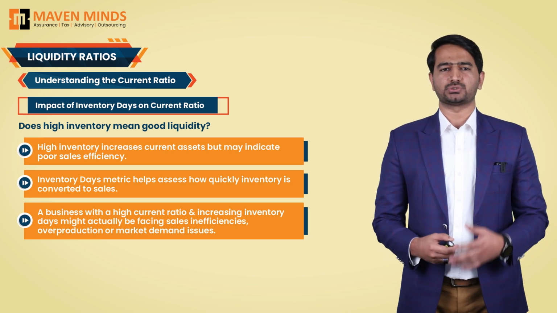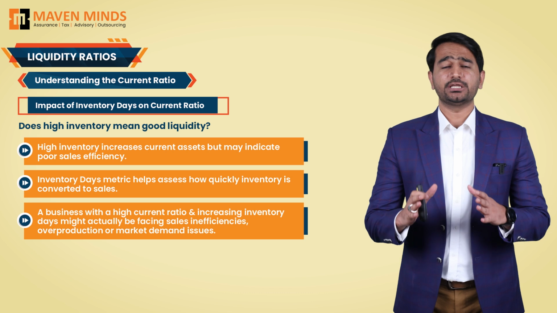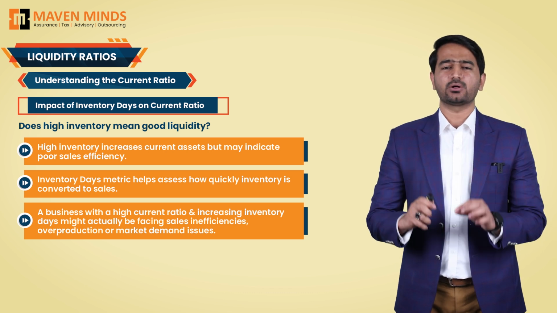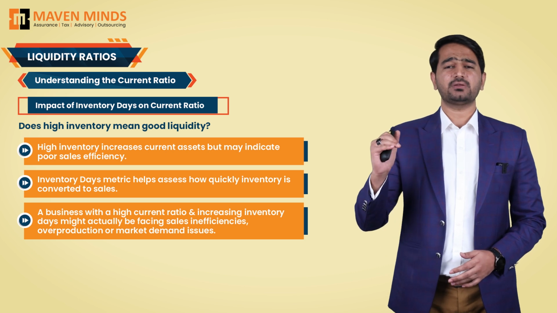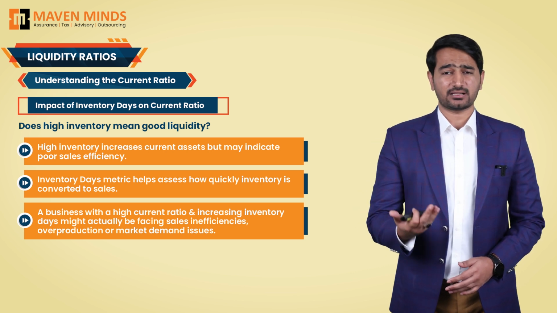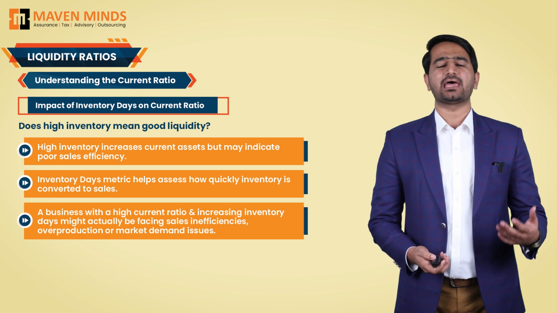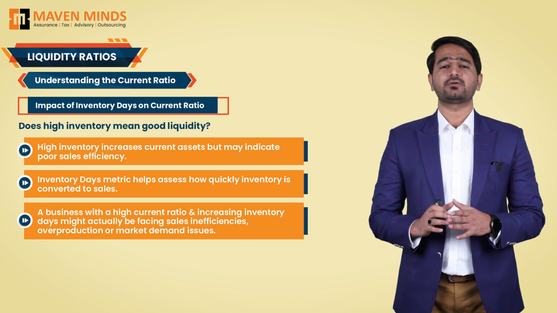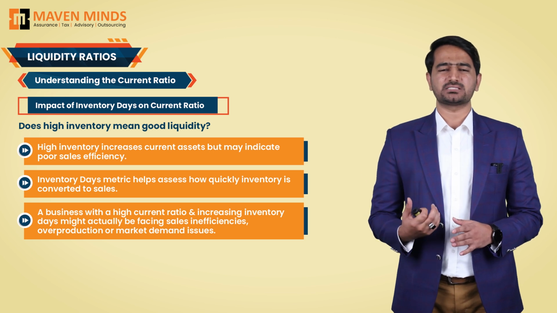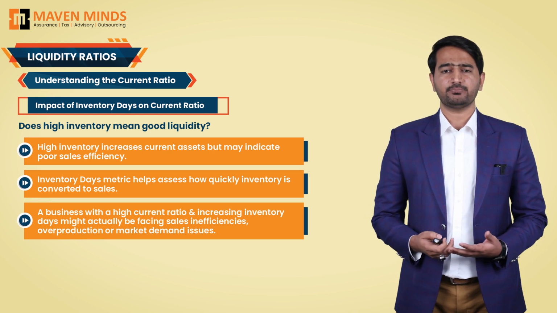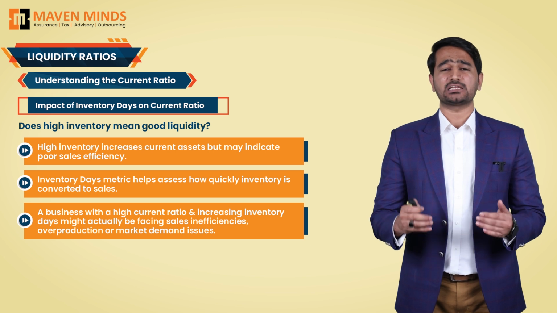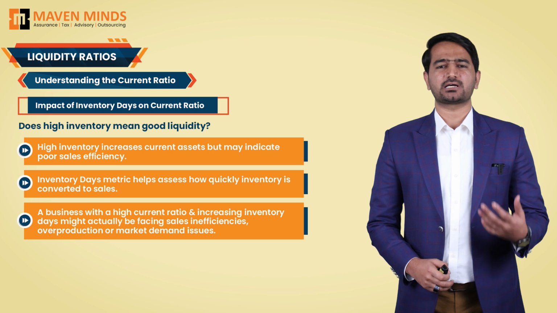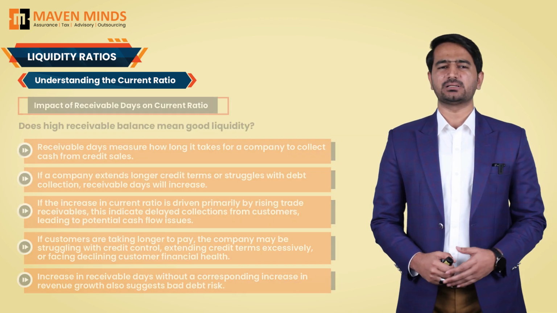or market demand issues. In your exams, you need to closely examine the absolute amount of inventory listed on the balance sheet. Higher inventory levels contributing to an increased current ratio could mislead about the actual liquidity health. You need to determine whether high inventory is due to poor sales strategies or perhaps overproduction, both of which could pose significant business risk. Another critical accounting factor that can influence current ratio is the increase in receivable days.